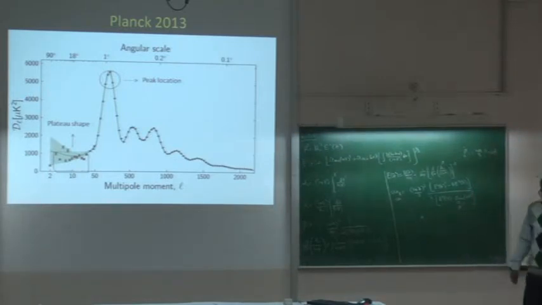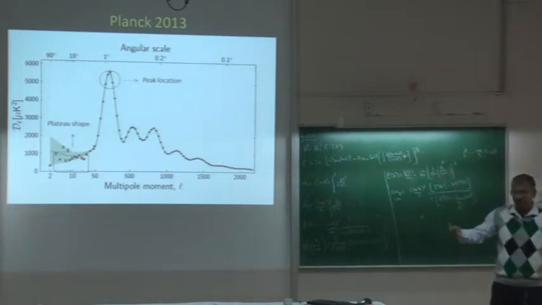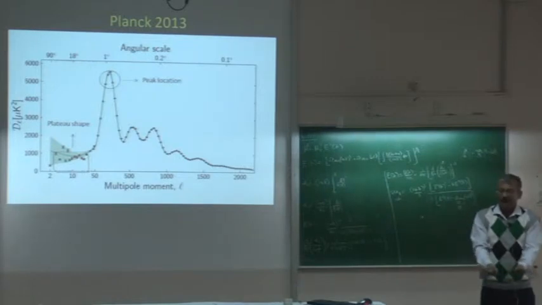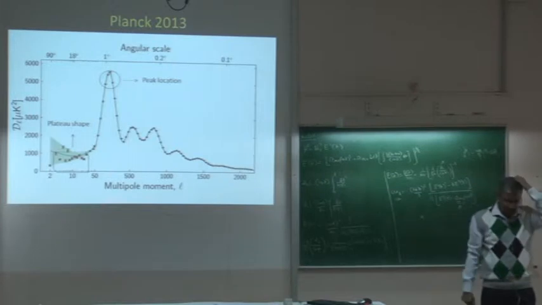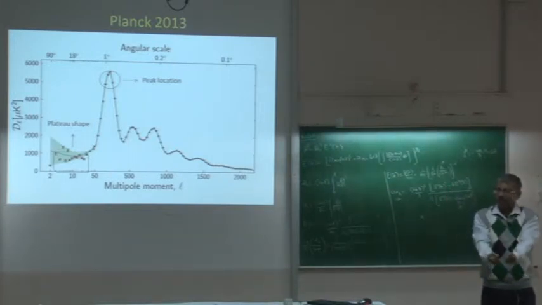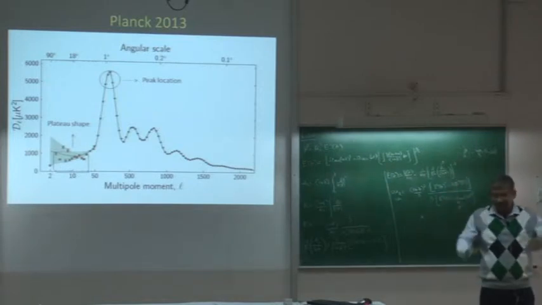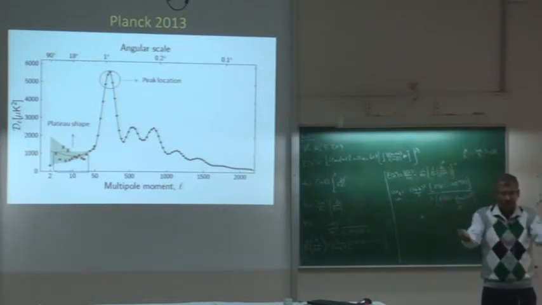Now let's say you have a gravitational potential that has been created due to the matter. In structure formation, the gravitational potential is created by the matter, and then the baryons fall inside the gravitational potential and form structure. Fine. Now you have a gravitational potential created by the matter. At early times there is no inflation and there is no dark energy. Okay. So there is a gravitational potential.